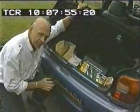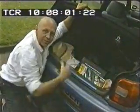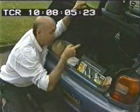Now, take a look at this. I'm old enough to remember the parcel shelves 15, 20 years ago when they had speakers like this in the car, when you had to disconnect them to get the shelf out. Bit of an afterthought really, isn't it? And not only that, you put the luggage in and...